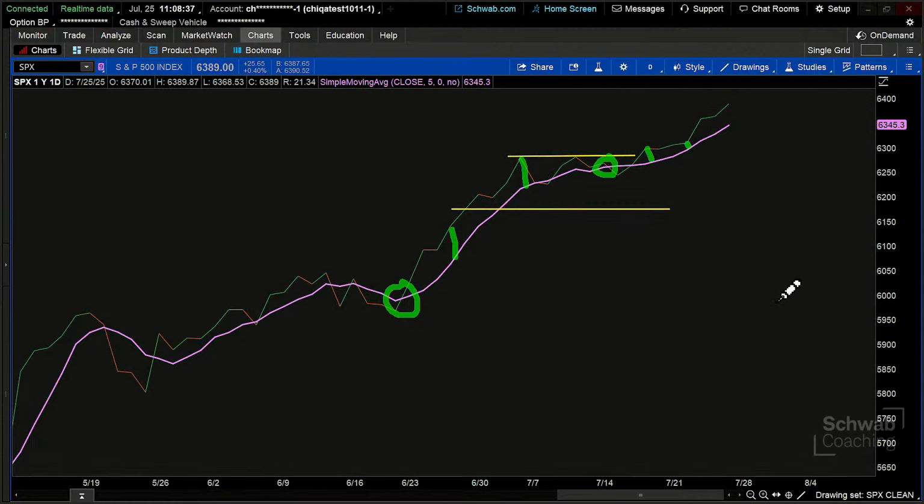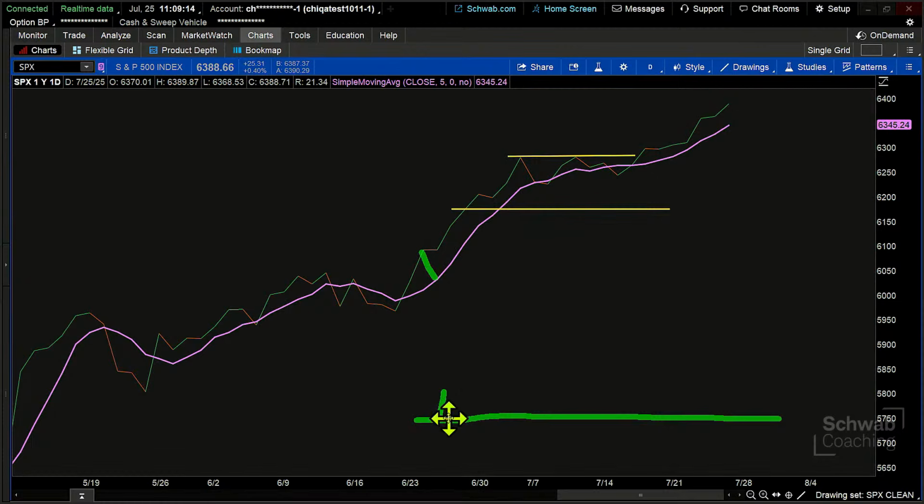Maybe what we could do is for each one of those plots, we could just plot the difference of those two ranges, right? And we could build this kind of histogram when they're getting closer to one another. Oh, and by the way, if we were to adjust that a little bit, we could say, all right, let's draw a zero line. And when this difference between the fast moving average and the slow moving average is positive, put a line there. And when it's a larger positive difference, put a bigger line. When it's a smaller positive divergence between those two, put a smaller line.